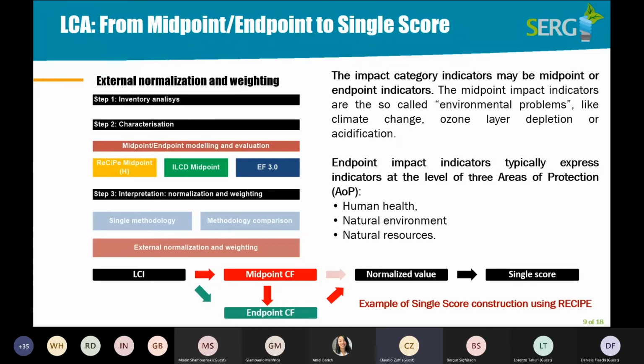Other methods, such as ReCiPe, must obtain the results at a midpoint level, then pass to the endpoint level, and then you can normalize and weight to obtain the single score. Usually, the single score of the whole system is calculated, but with this you can make only a comparison with the other systems. So the message that needs to be understood is that in order to perform an Exergo-Environmental analysis, it is necessary to obtain the single score of each component and the single score of all the processes that concern the plant. And now I want to show you this fact.